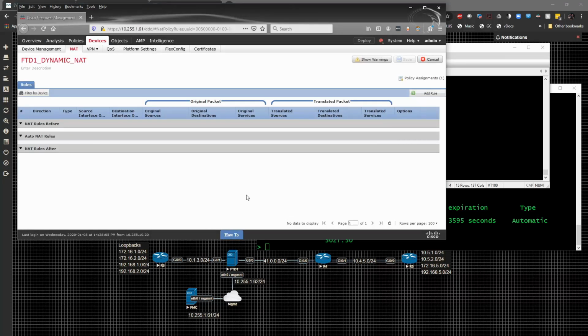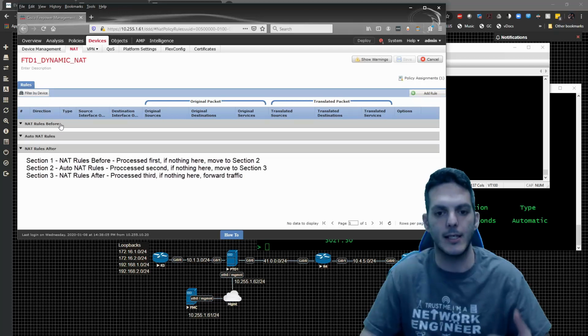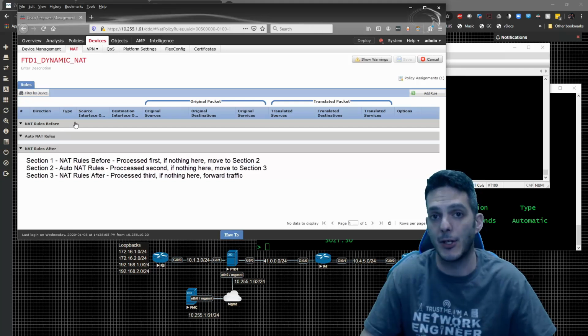And the way that the policy is going to be done is this is going to be what they refer to as an auto NAT. So we have three different ways of doing NAT, and there's three different sections to do it. The first section here is NAT rules before. The idea is you have what they call manual NAT or twice NAT, where you usually are going to configure